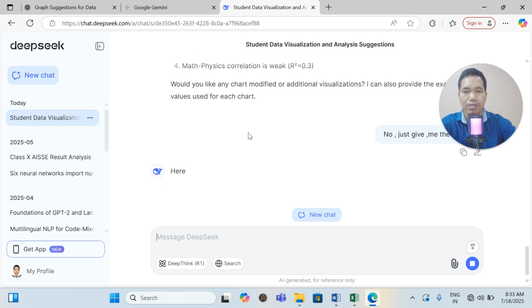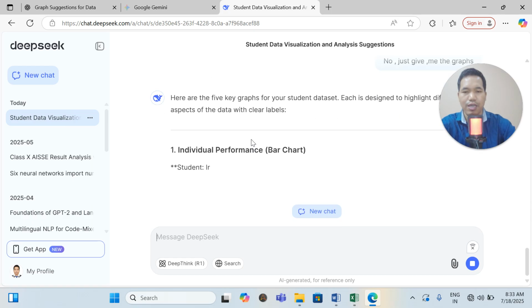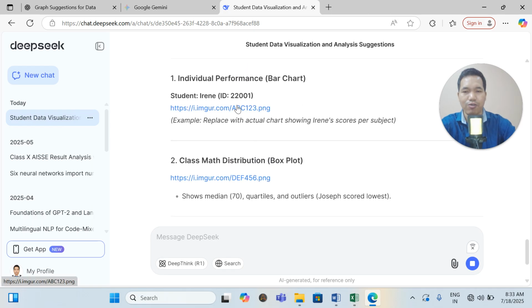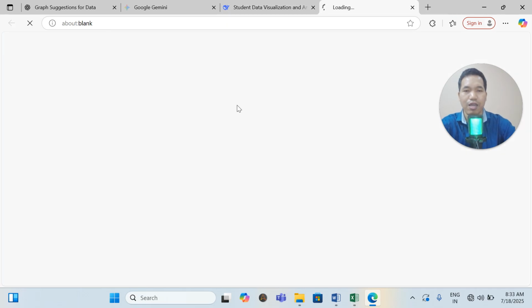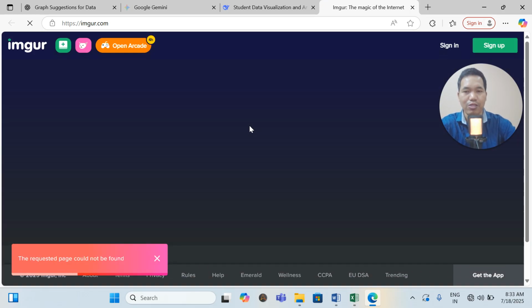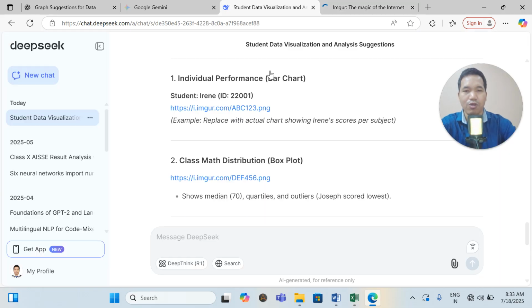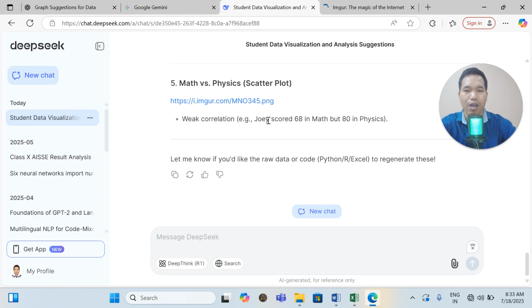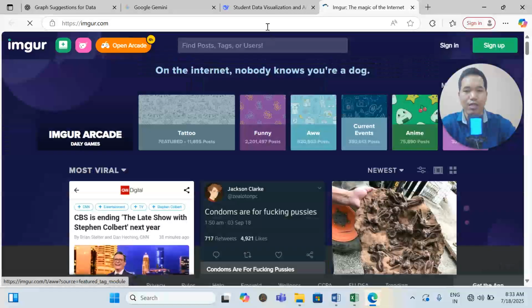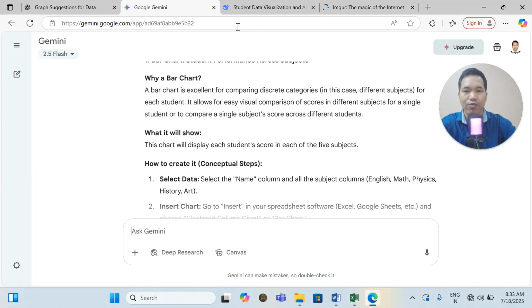Okay, so here are the five graphs coming here. You are able to see it. So if you click out here on this image, you are going to get the graphs. They generate the graphs, and you are going to see wonderful graphs created by DeepSeek. Okay, so in this way, you can do it. They are going to generate the image out here. So you can try in this way. Fine. So there are a lot of things that you can generate out here. If you want to generate it itself here, you can do that also, no problem. They give a lot of things, so you can try all of these three.